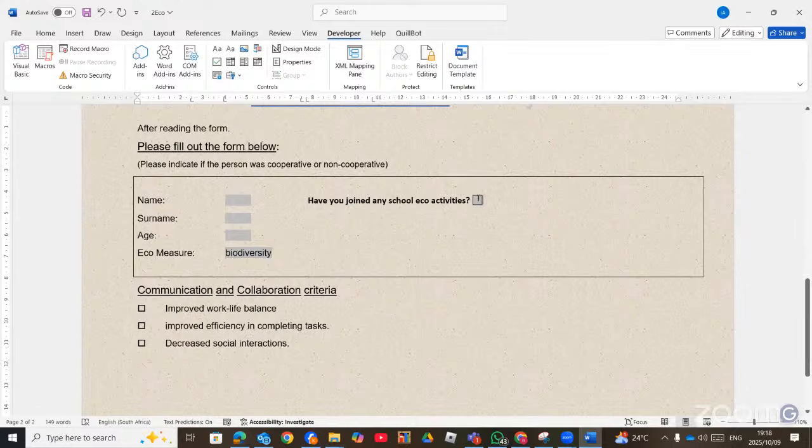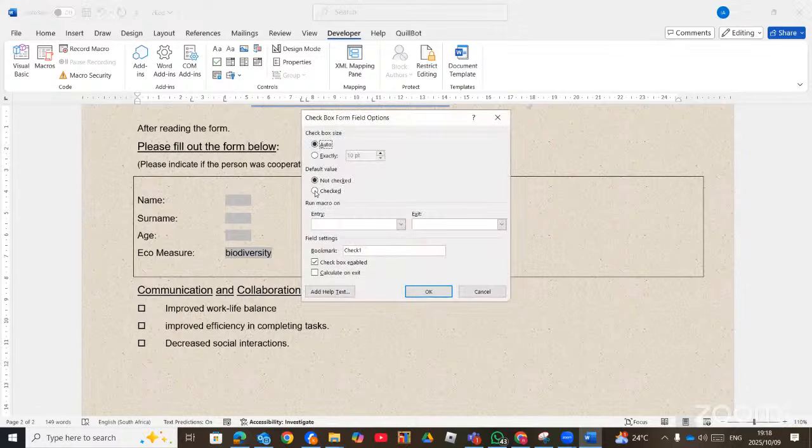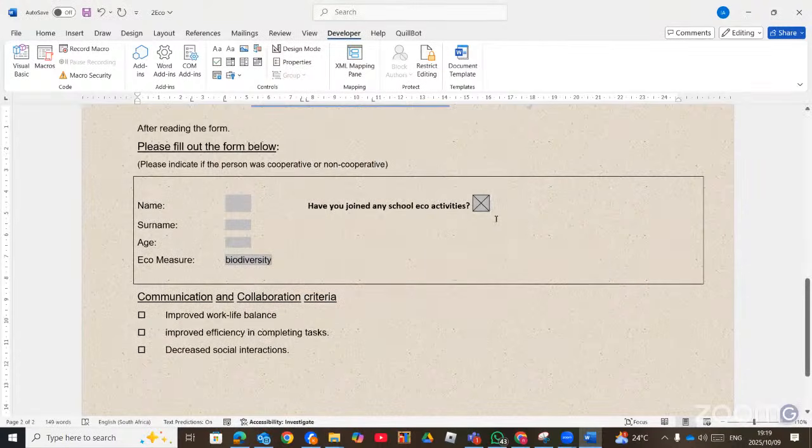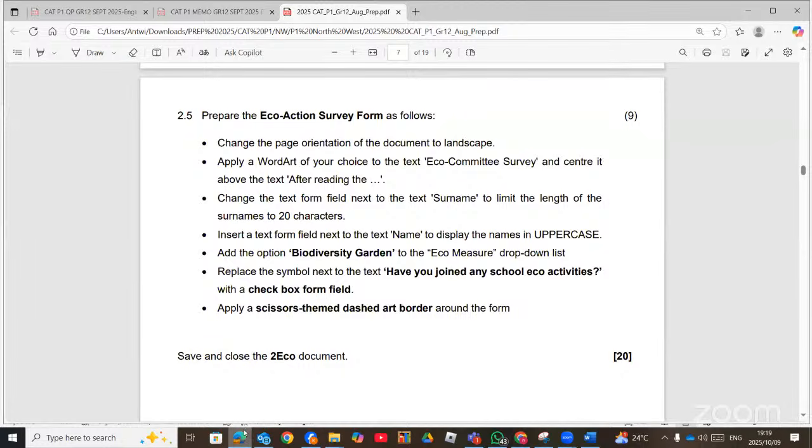And this one also, they can ask you to change the size, the exact size. Then maybe they can say change the exact size to 20, or it should be checked. So they can ask you to do that. But this question, they didn't inform us to do that part, so we can leave it there. Right, now, the last one,